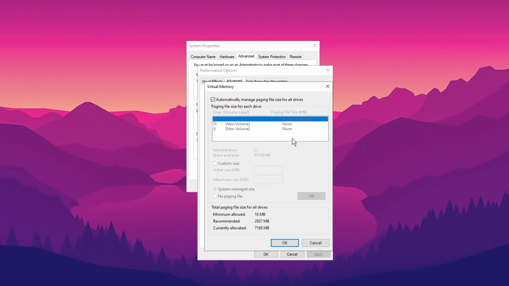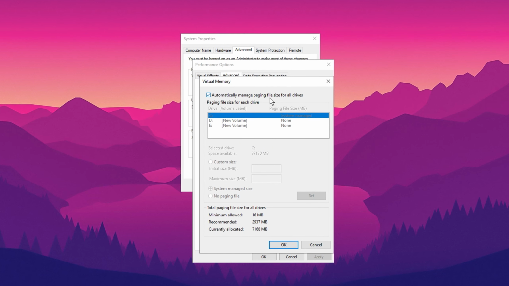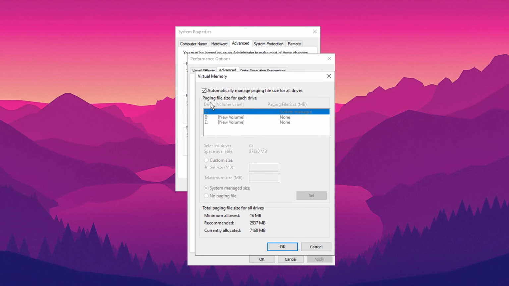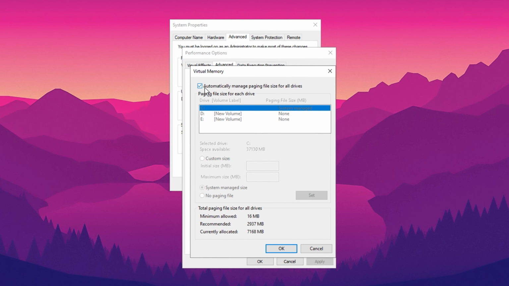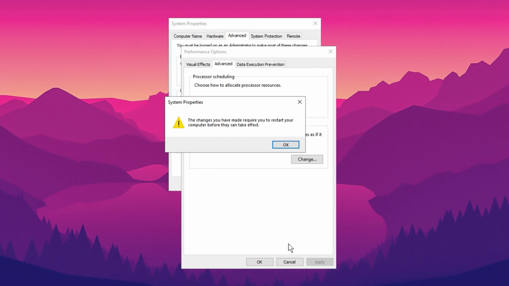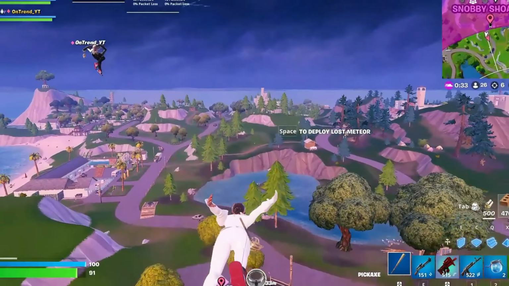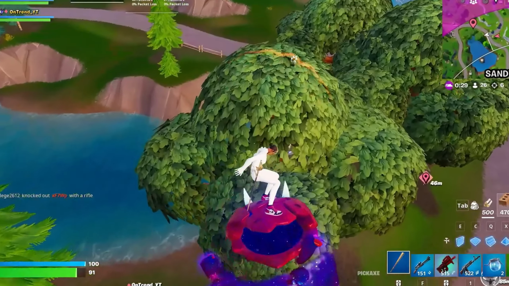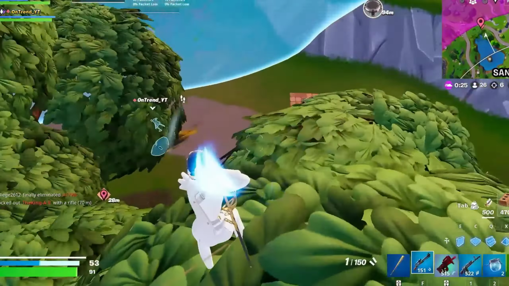In the virtual memory settings, ensure the checkbox labeled Automatically Manage Paging File Size for all drives is checked. This option allows Windows to manage the paging file size automatically, optimizing memory usage for your system. After making this adjustment, click OK to save the changes and restart your computer for them to take effect. By letting Windows efficiently manage virtual memory, your system can handle memory resources more effectively, leading to improved overall performance, especially when running memory-intensive applications like